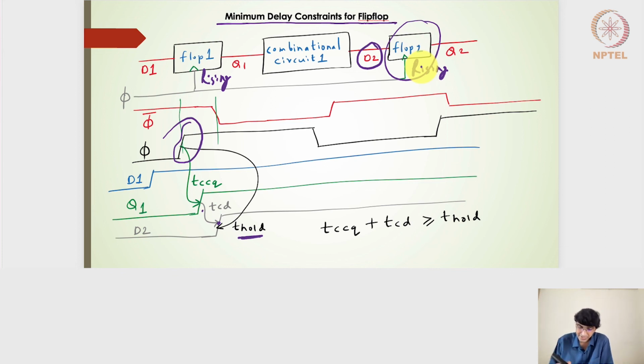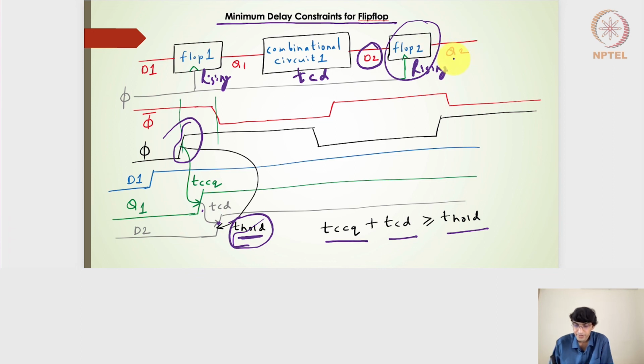So what we really need is the combinatorial circuit's contamination delay and the flop 1's TCCQ, the addition of both of these, should be greater than the T hold time which we have. So what we need is TCCQ plus TCD should be greater than or equal to T hold. So if that is the case, if TCD is greater than the T hold, then we are rest assured